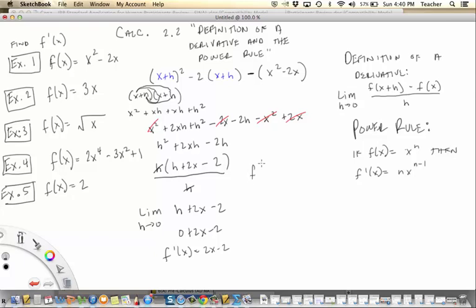So the derivative of this function is 2x minus 2. Now what this derivative does, it allows me to find the instantaneous rate of change anywhere on this particular graph. And we're going to talk about this tomorrow a little bit more when we get a graph up there. But let's say, for example, I want to know the instantaneous rate of change at x equals 5. Okay, so instead of having to do the average rate of change getting closer and closer to 5, we can just plug 5 into this,